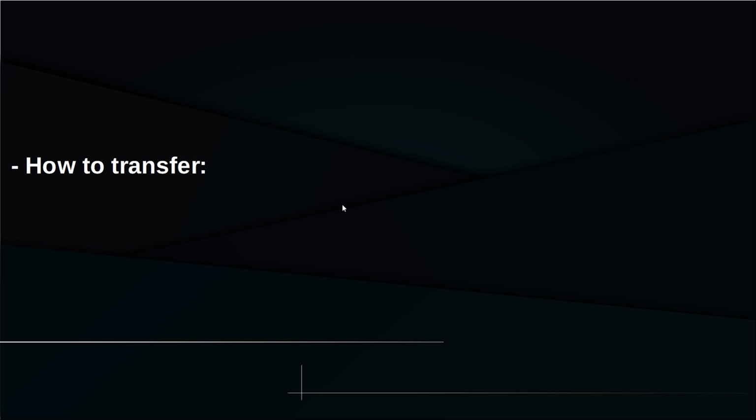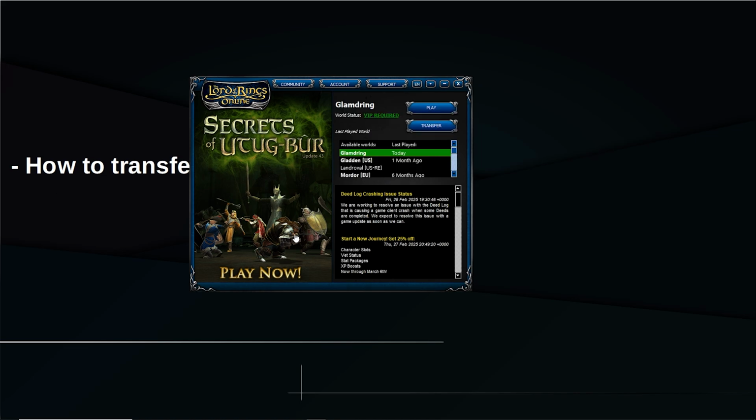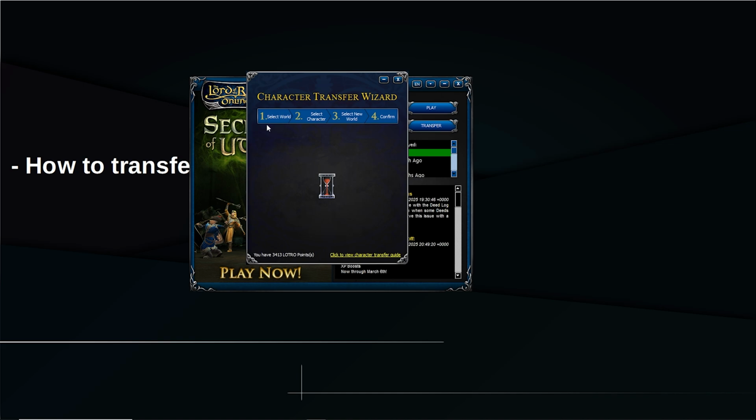And how exactly do you transfer? Most people will know this by now, but I'm just going to quickly demonstrate it. Open up your client, type in your username and password. This will take you to the login, like select server screen, and on this screen you simply hit transfer, and then you just select the world you want to grab your characters from, select the characters you want to transfer, select shared storage if you want to bring that as well, select the new world you want to go to, and then just confirm, and it should take a few minutes and your characters will be transferred to your